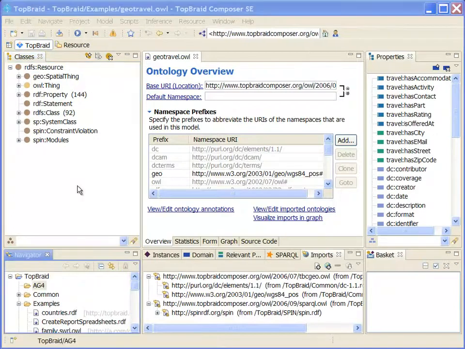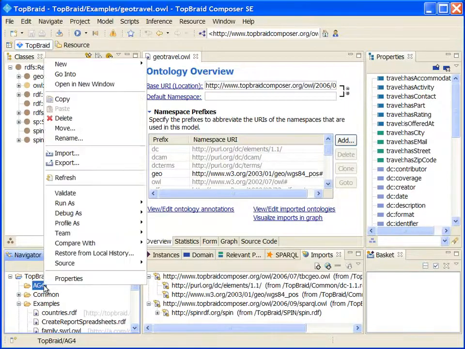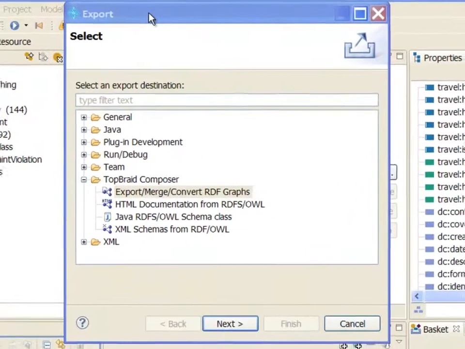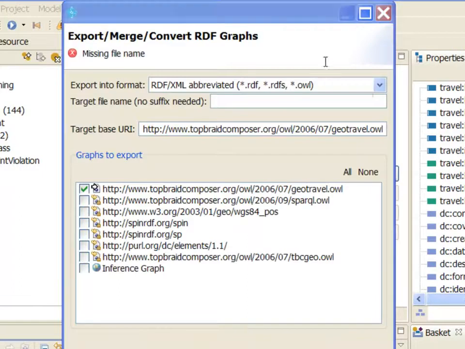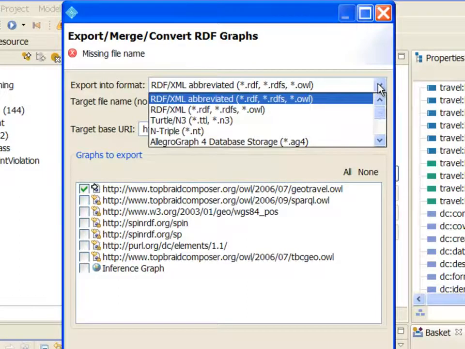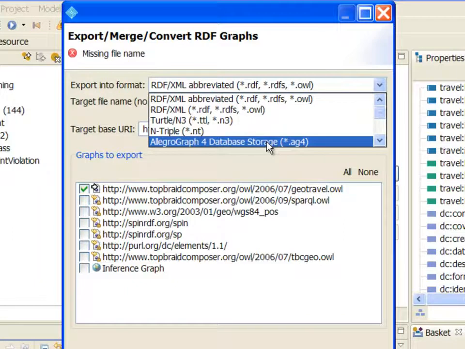The next step is to export Geotravel.owl as an AllegroGraph database. In the Navigator pane, right-click the TopBraid AG4 folder and select Export from the context menu. In the Export dialog box, open the TopBraid Composer folder and select Export, Merge, Convert RDF Graphs. Click on Next. On the next panel, select the AllegroGraph 4 database storage format